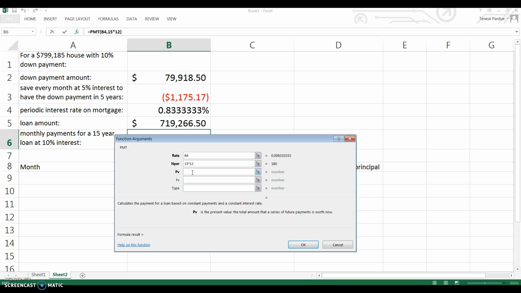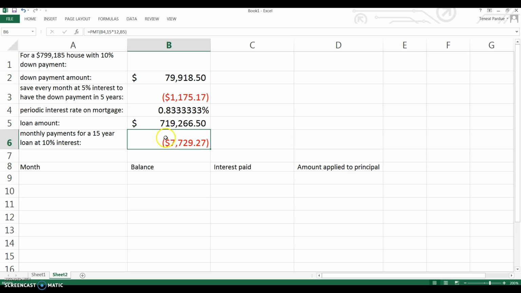And for a mortgage, the loan amount is the present value. Before, we used the future value, because that's where we're saving up. Now for borrowing money, the loan amount is the present value. So just pick the present value, type it in there,